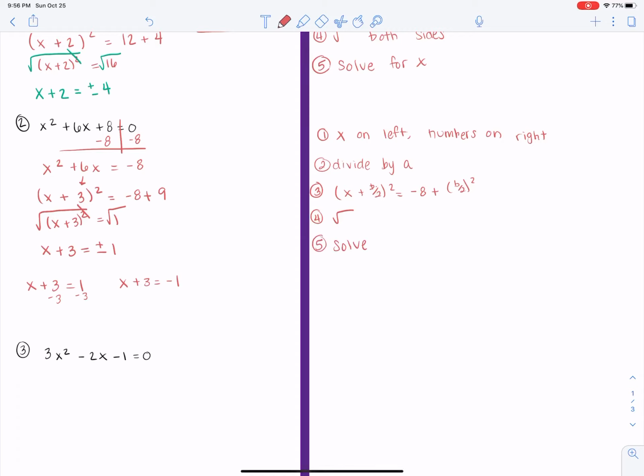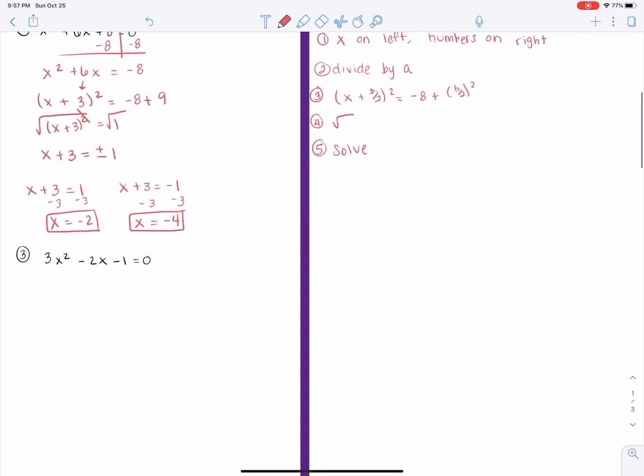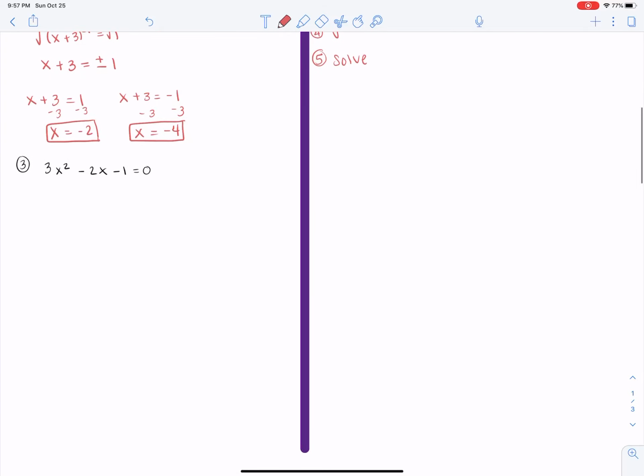All right, so x equals negative 2 and x equals negative 4. So if we were to graph that original quadratic, x squared plus 6x plus 8, it would cross the graph at negative 2 and at negative 4. If I factored it, I would find answers of negative 2 and negative 4, okay? Example 3. First, we want x on the left,